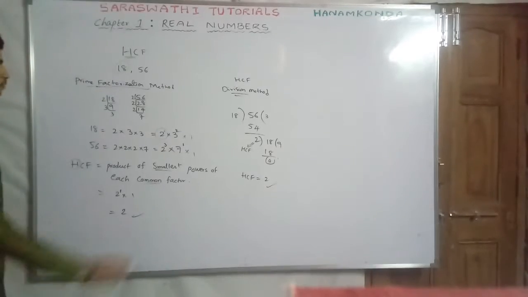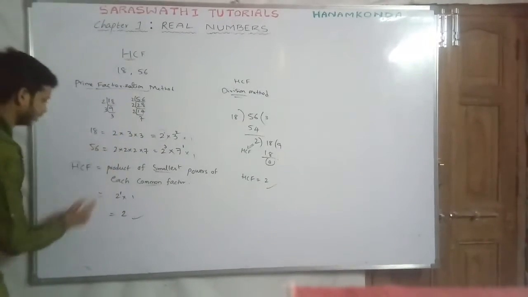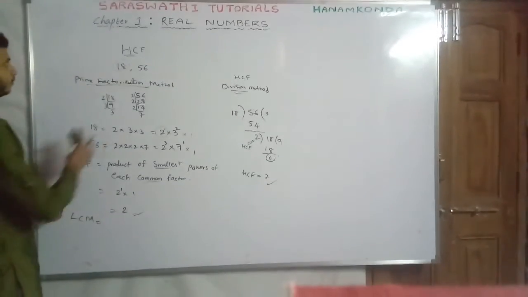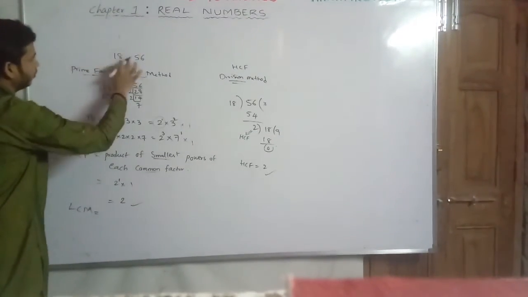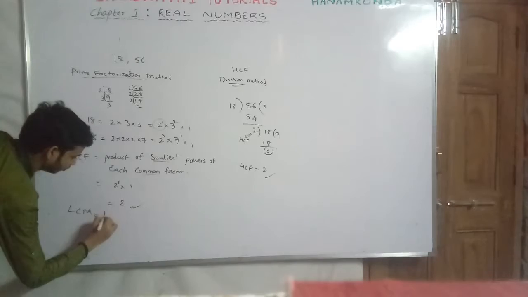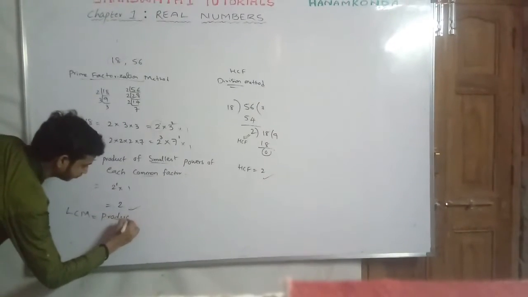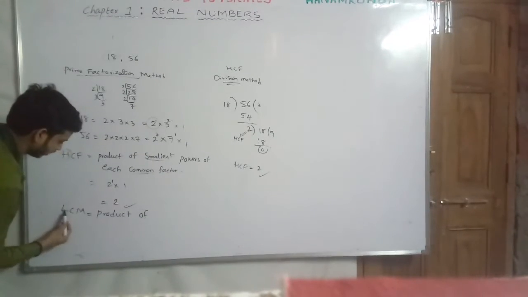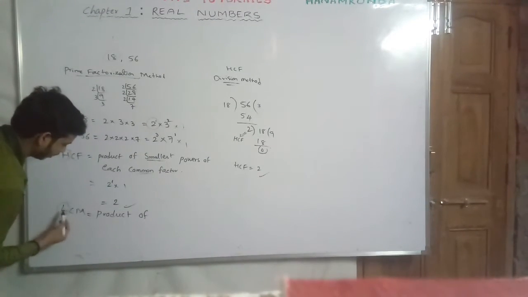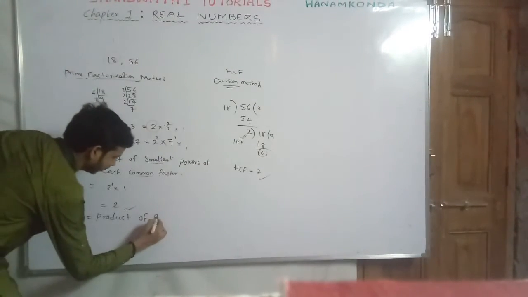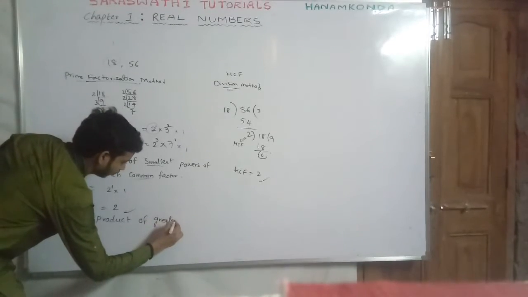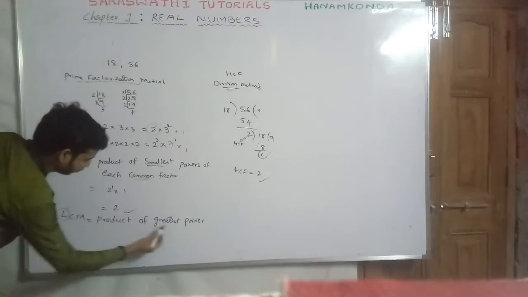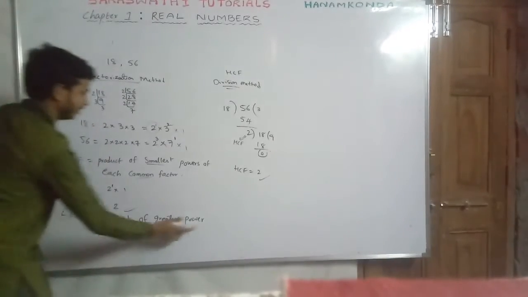Now let us find the LCM of these two numbers, 18 and 56. LCM is equal to the product of the least common multiple. We know that LCM is the least common multiple. So least means we have to choose the greatest power. If it is least, we have to choose the greatest power. So it is the product of greatest powers